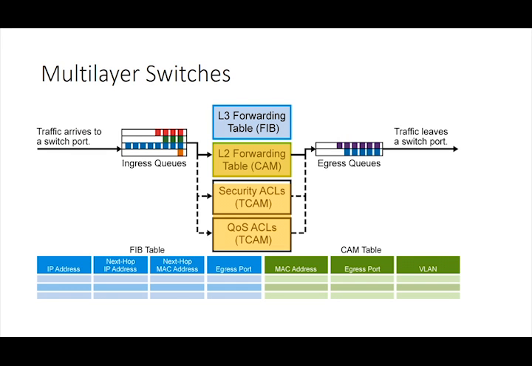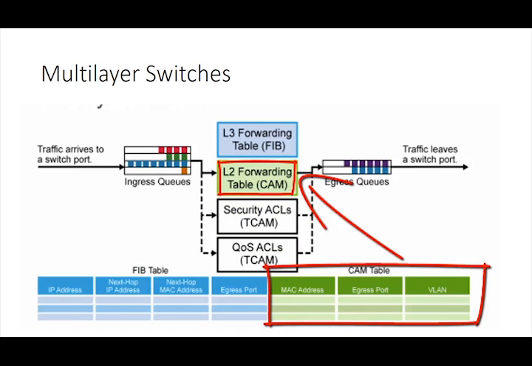A multi-layer switch maintains two main tables that are used in the routing and switching processes. These tables are known as the CAM and the TCAM table. The CAM table is comprised of layer 2 information and keeps a record of MAC addresses and the ports they are associated with. A typical switch performs what we call MAC-based learning, which is a process that populates the CAM